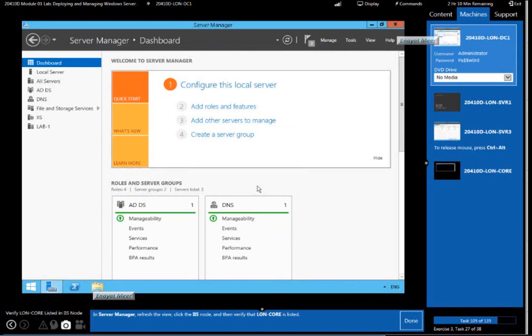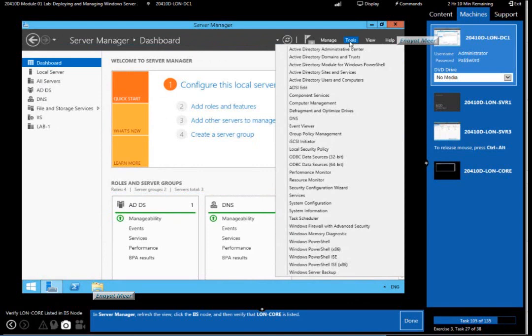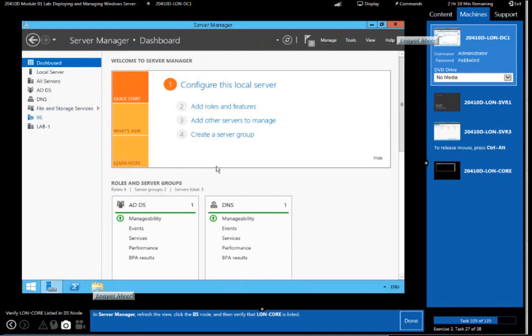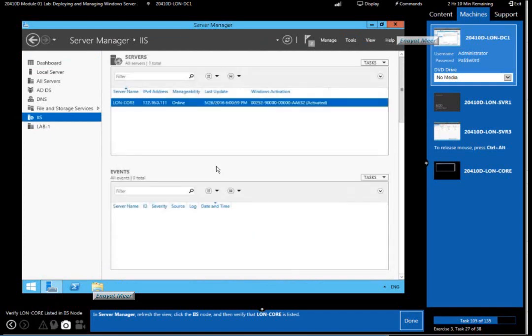Okay, now you can see on the left side the features we have installed. When you click on those features, they will tell you on what server these features are installed. So when you click on IIS, it is LON-core. We just did that one. Okay, we installed IIS on LON-core. But we are still, again, look at that, on LON-DC1. So going back to core,